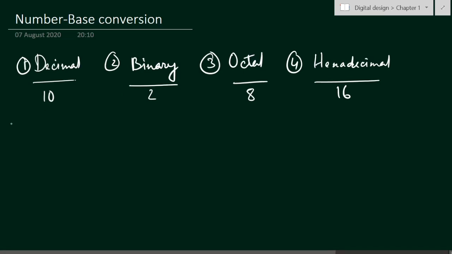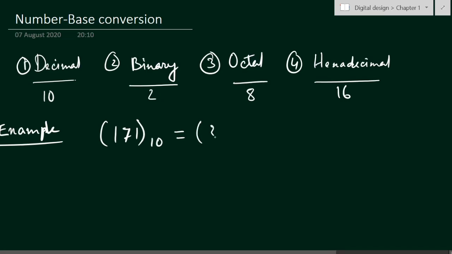Okay, so here we will consider one example. Suppose we have 171 as a decimal number, and we have to find the respective binary number of this decimal number. Suppose we also have to find the octal equivalent, and the hexadecimal number equivalent. So you know that in the decimal number system we have 10 digits, the digits from 0 up to 9. In the binary number system we have 0 and 1, and in the octal number system we have from 0 up to 7,